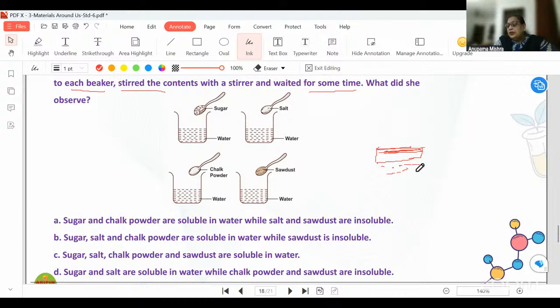Okay, children, we are on question number 19. I think the network is slow, that is why. Yeah, sawdust means it's a